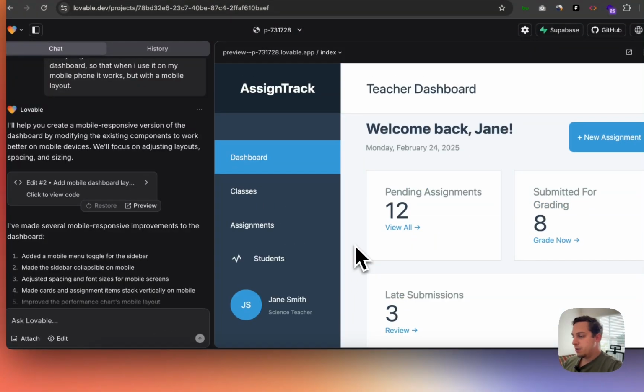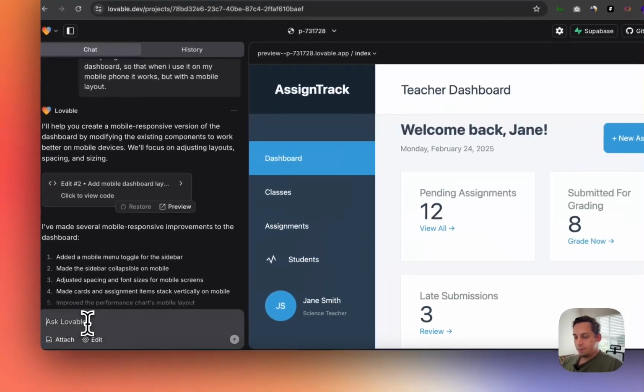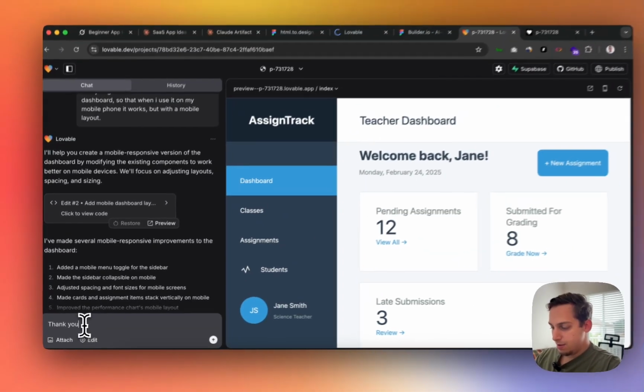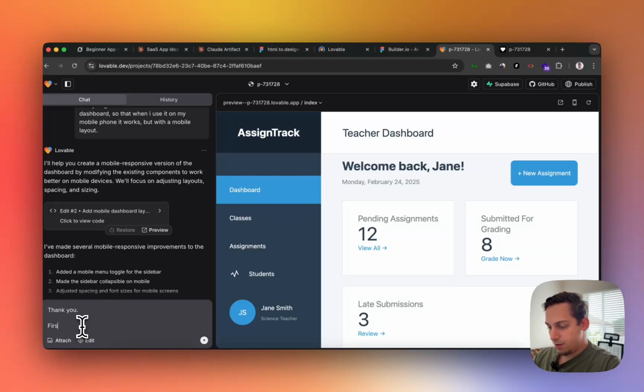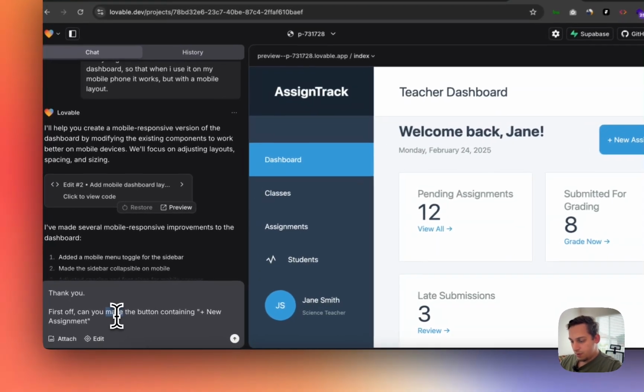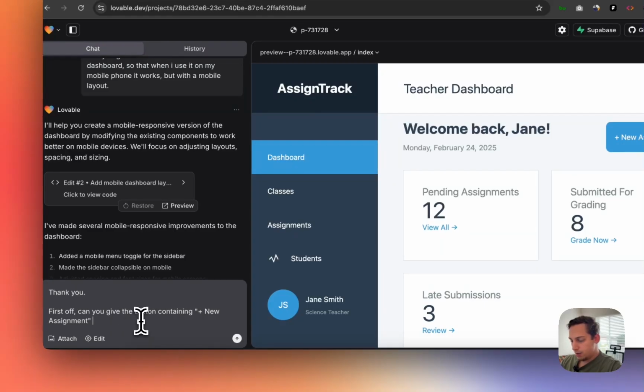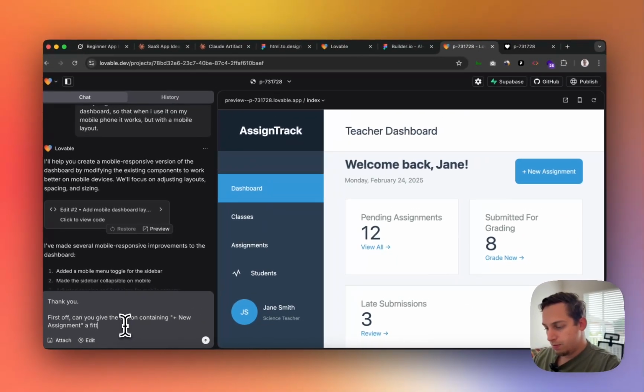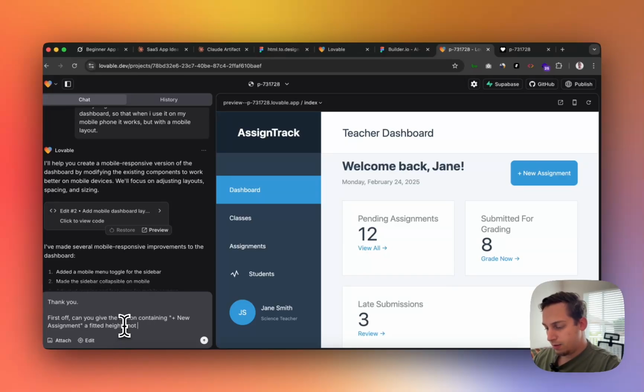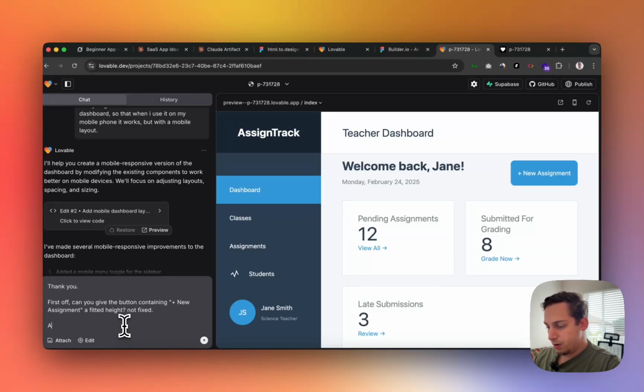Let's just go back to Chrome and go back to our project, and now let's say, okay, thank you, right? Thank you. First off, can you make the button containing plus new assignment. Can you give the button containing a fitted height, not fixed? Also, so let's think about this. Also,